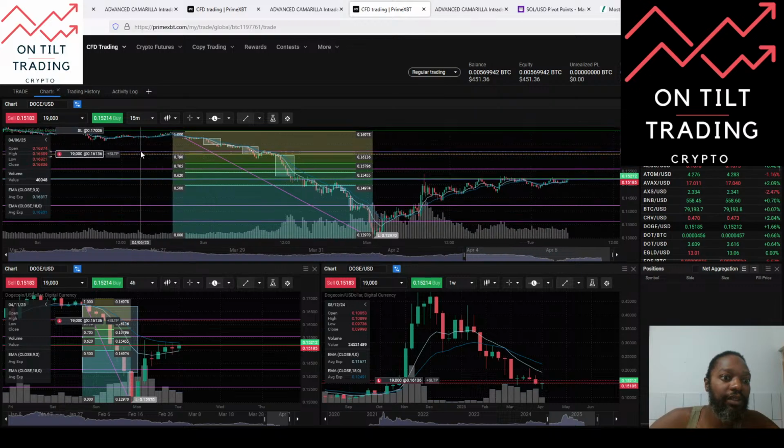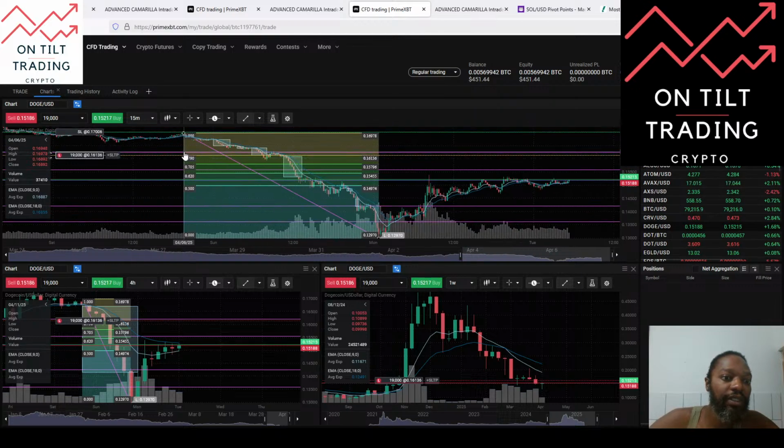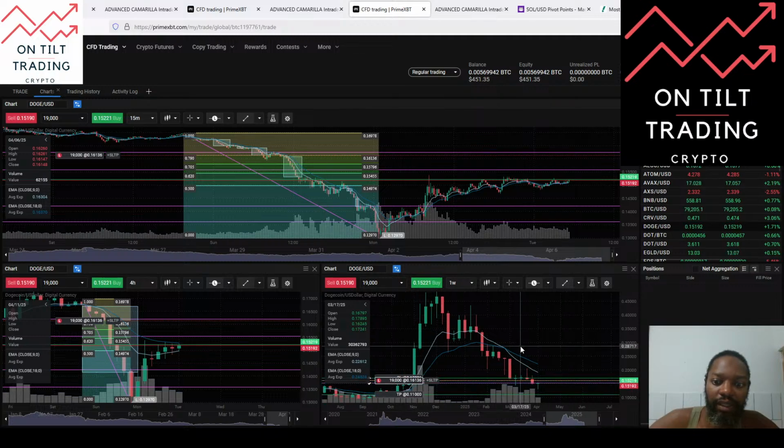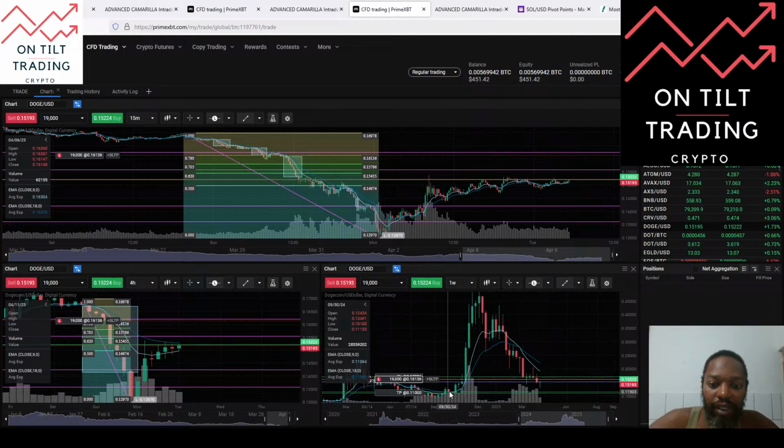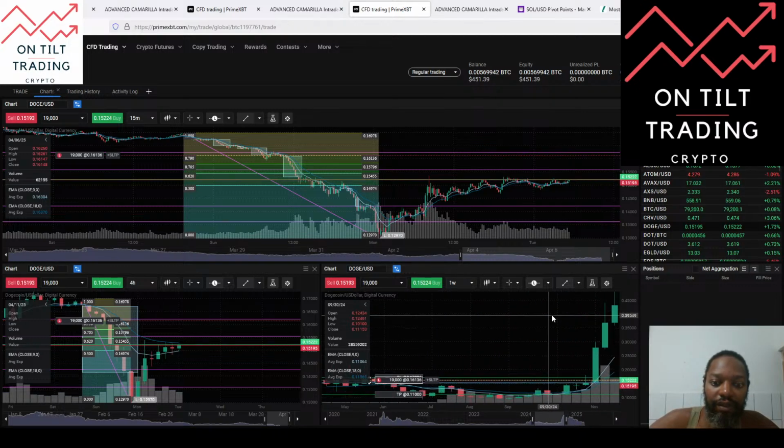So my stop loss is just above this candle here that initiated the sell-off below the S4 level. I believe there's a 27 cent spread on Dogecoin. So 28 cents above this candle here is my stop loss, and then my take profit is down here at 11, or 0.11, and then this is based off